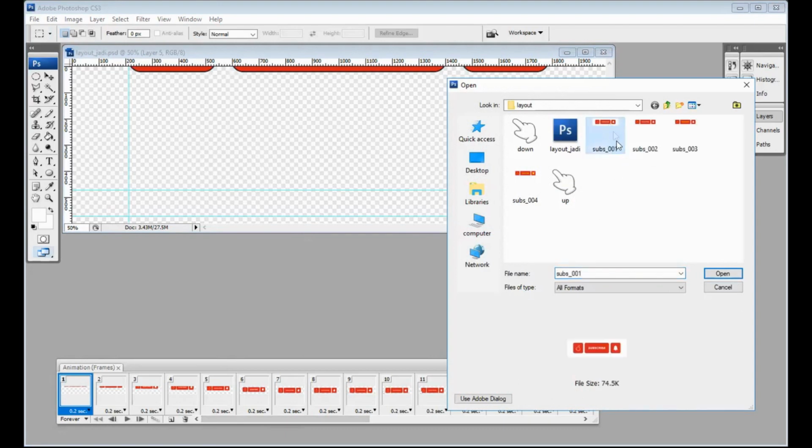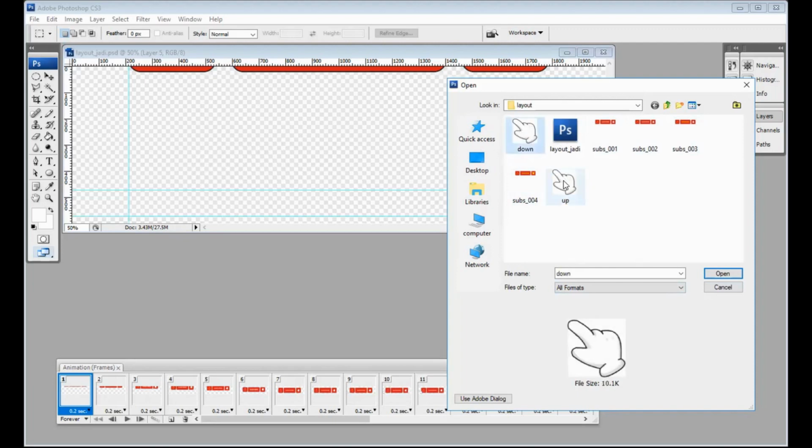I have sub frame number 1, frame number 2. Look at this: in frame number 1, all of the objects are white; number 2 has like in yellow; number 3 has like and subscribe yellow; and number 4, all of the objects will be yellow. And I have the down button of hand and the up button of hand.